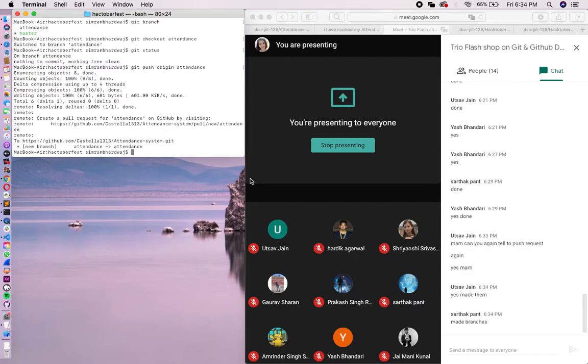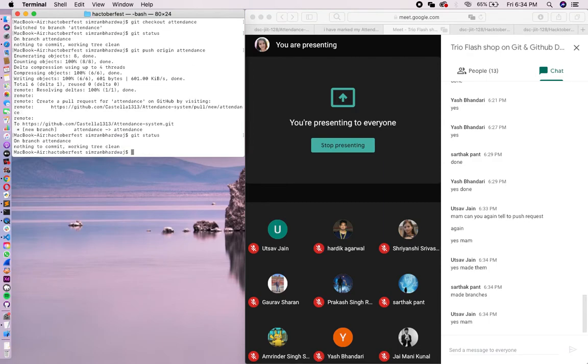By using the command git branch, are you able to see that you are on your attendance branch or the branch that you created? Okay, great. So you are just stuck in pushing your code. It is pretty simple. You just check your status first by using the command git status. It must be showing you this. This will ensure that you have committed the changes. I hope you are done till committing the changes.